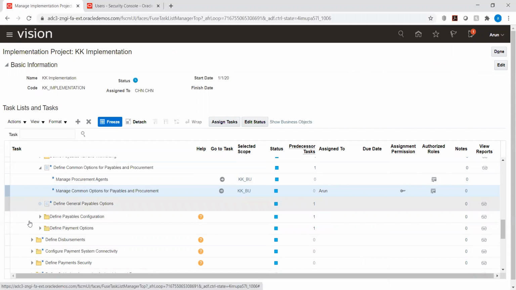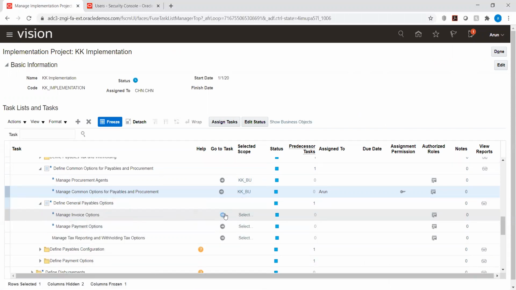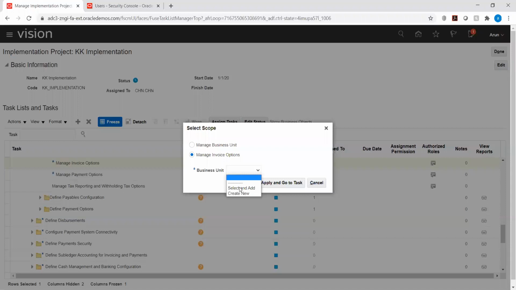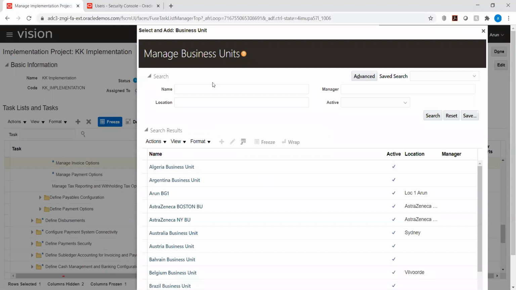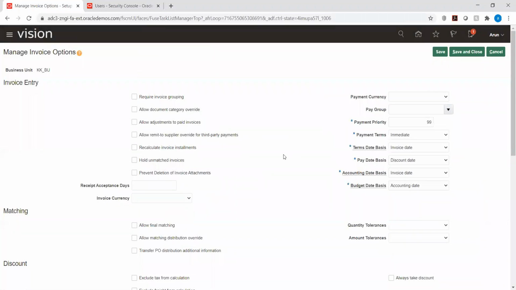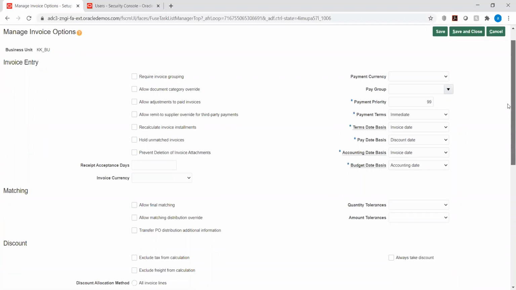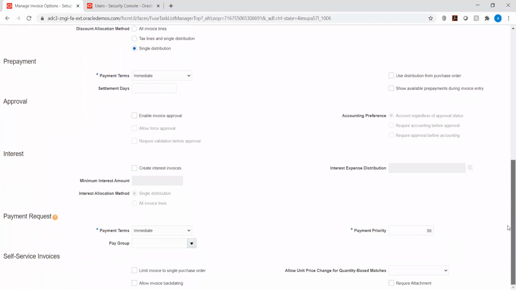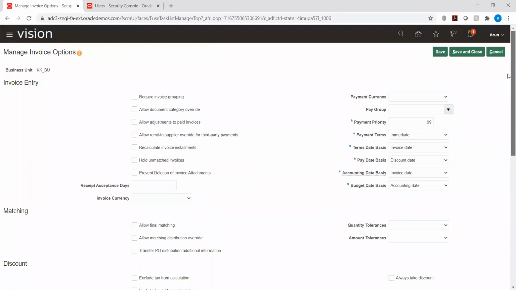And define general payable option is something like a payable option for us. Here we will give options for invoice, only the options related to invoices.